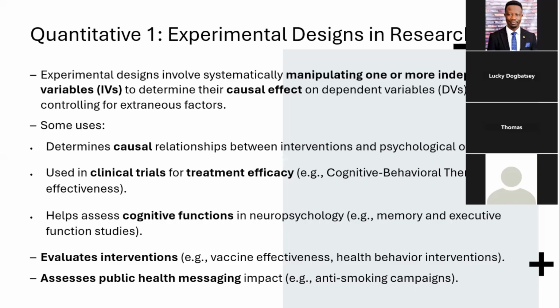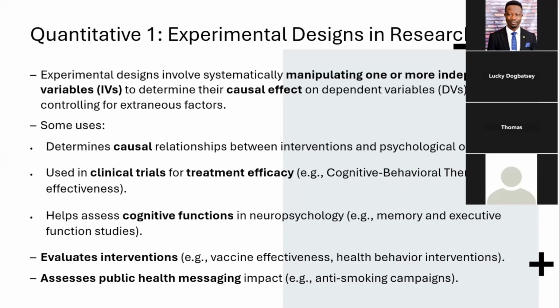Okay, so for every experiment, there are fundamentally three basic variables that you need to understand. The dependent variable, which is the key behavior or the key variable that you, the researcher, are interested in, that you want to measure. In this case, aggression. And then you need to know your independent variable. What factor do you think is going to influence aggression that you want to research on? In this case, exposure to